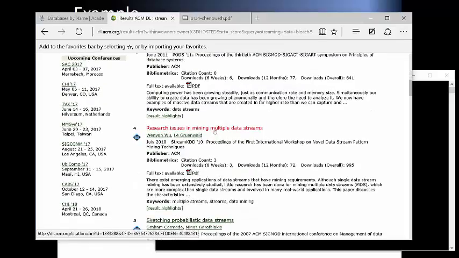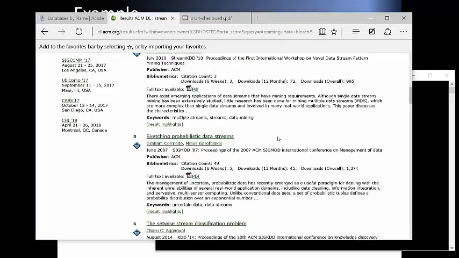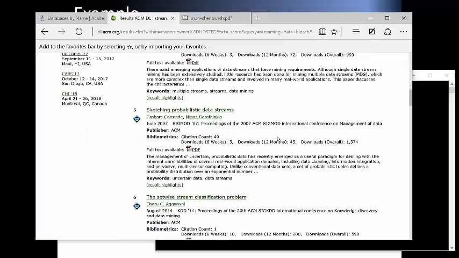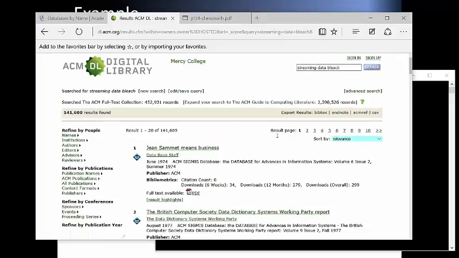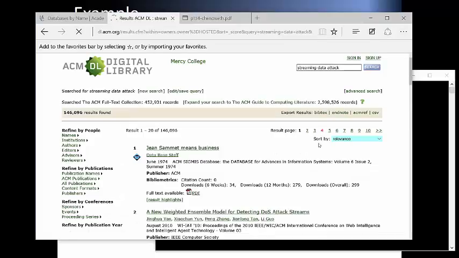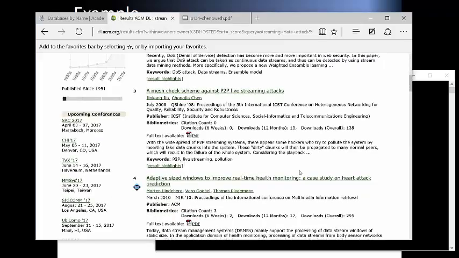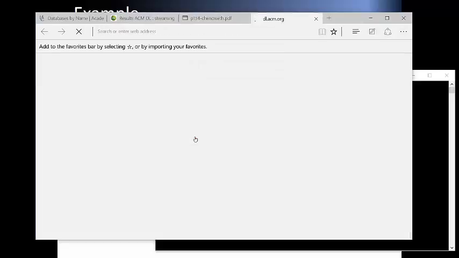Research issues in mining multiple data streams. Sketch. Let's see. Attack. Oh, here, live streaming attacks. Sounds good, right? So you can click PDF.